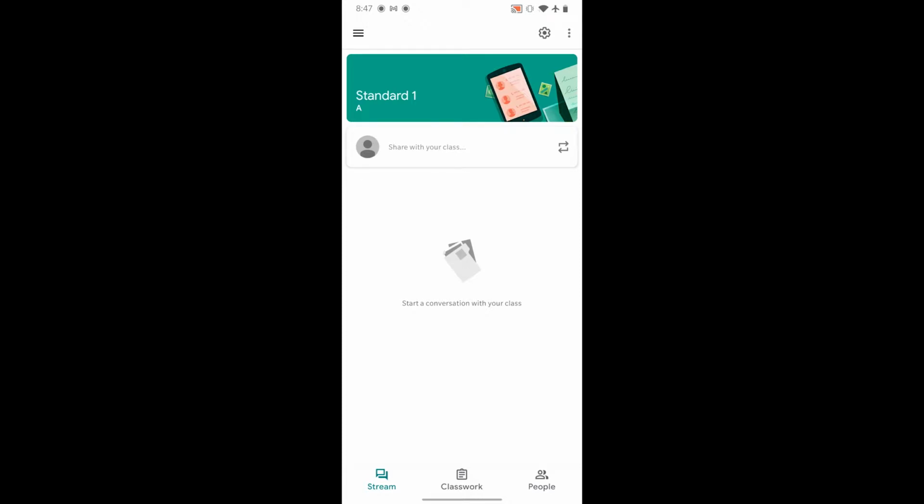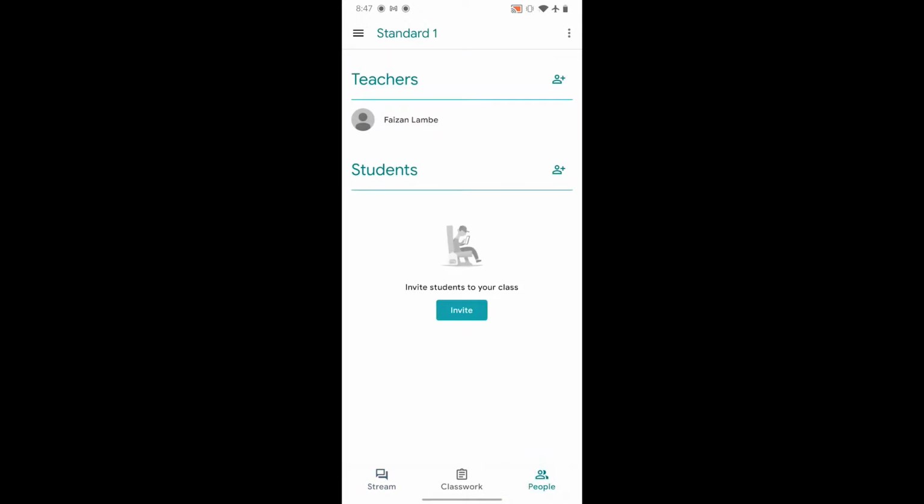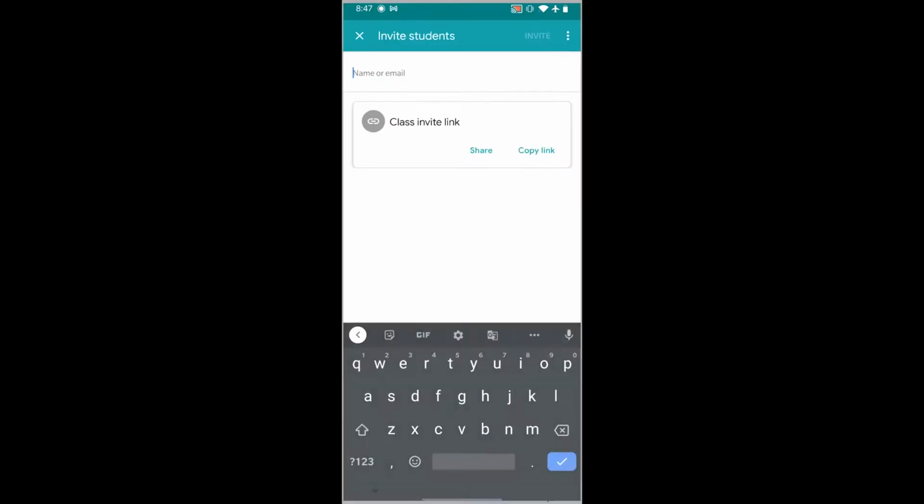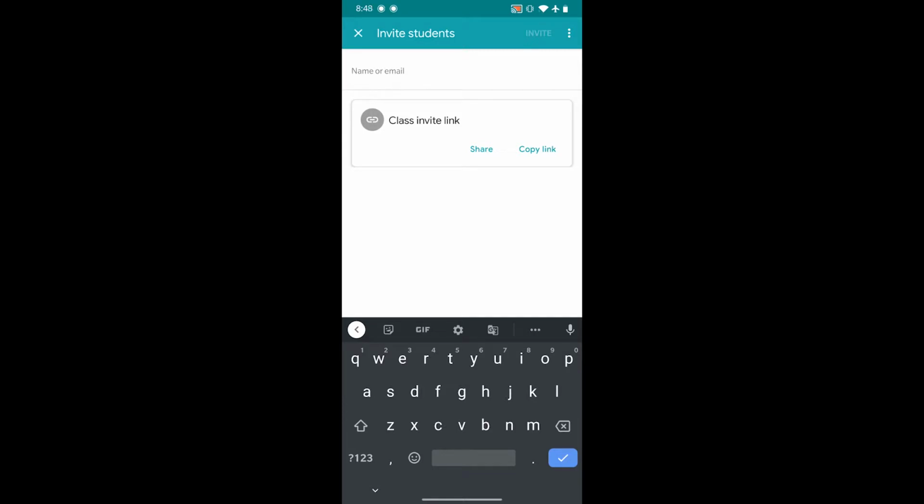First of all, let's go with the people section. Here you can see two sections, the teachers and the students. You can see the button right next to them, that is for inviting the teachers or the students. Let's go with adding the students. When you click on this button, here you can enter the email ID of the student or you can copy the link or share a link with the student.